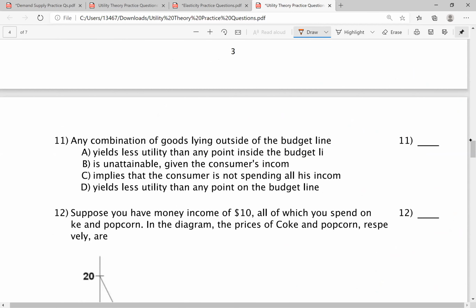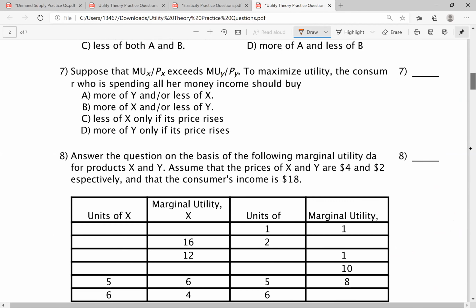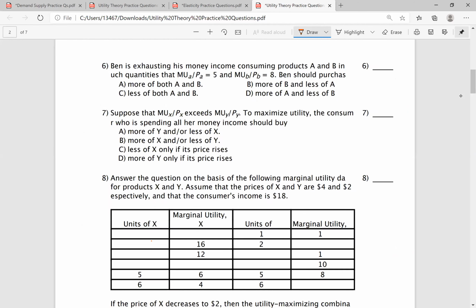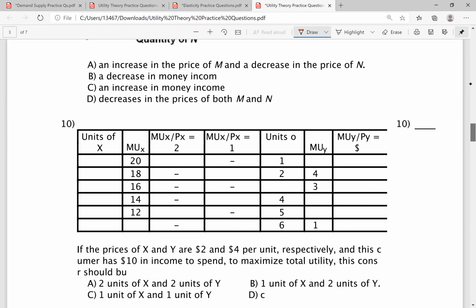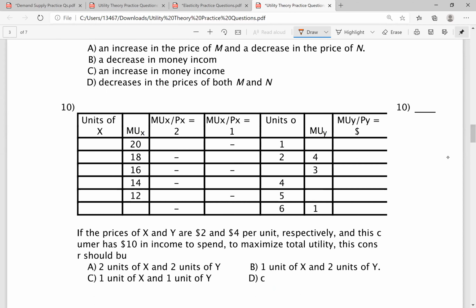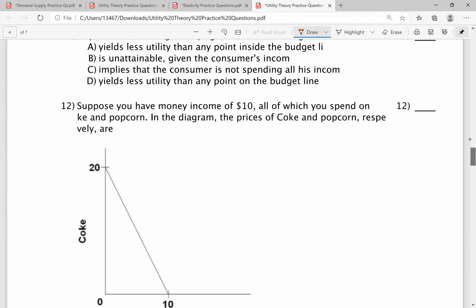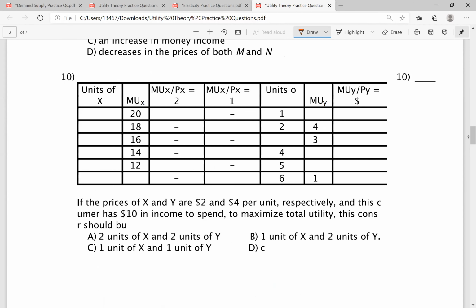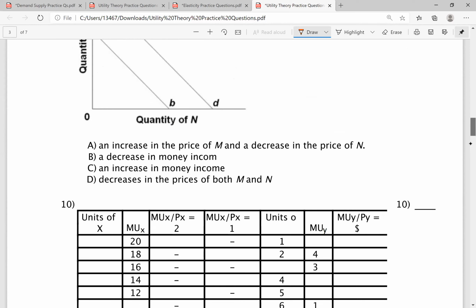Now, going back to the rest of the questions. Oh my goodness, looks like question number 8, some part is missing. Oh my goodness. Let me see if I can